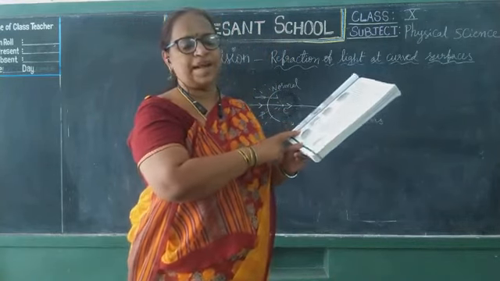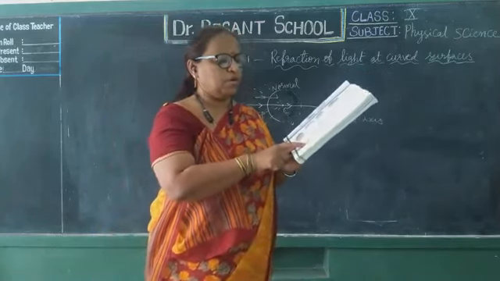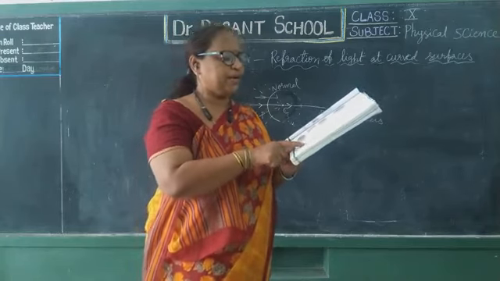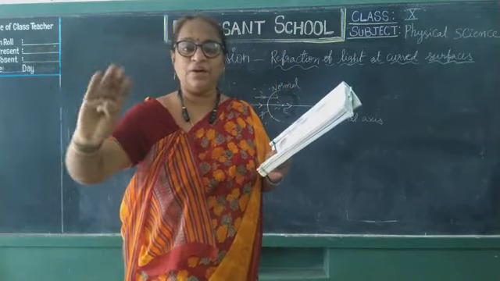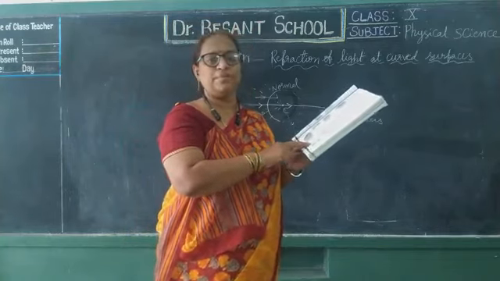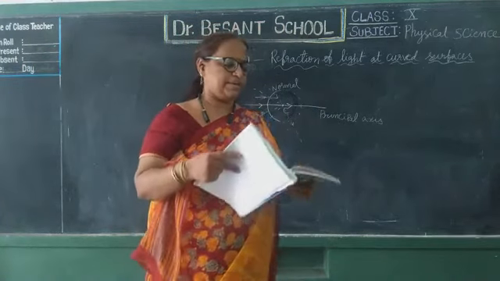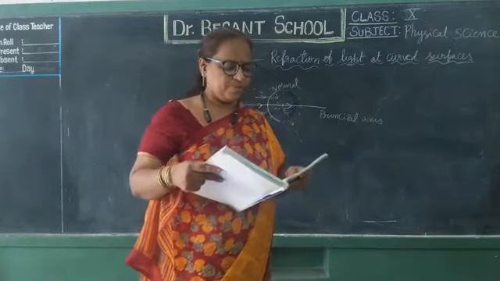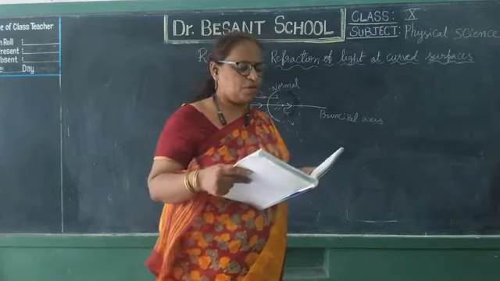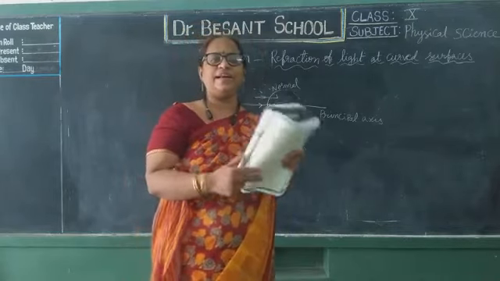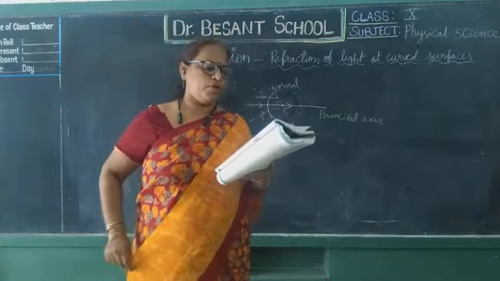Then it touches the principal axis after the concave surface. Whereas case 4: a ray striking the concave surface and passing from rarer to denser medium bends towards the normal. It cannot touch the principal axis in the denser medium, but it will touch the principal axis only when it is extended backwards. These are the different cases which we already learned. And the point where the refracted ray intersects the principal axis in all the cases is called the focal point or focus.